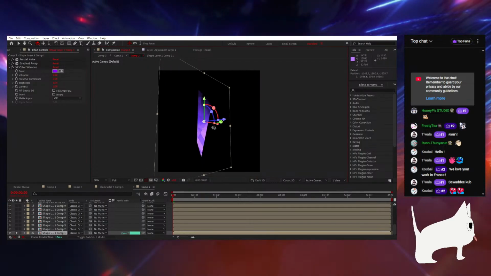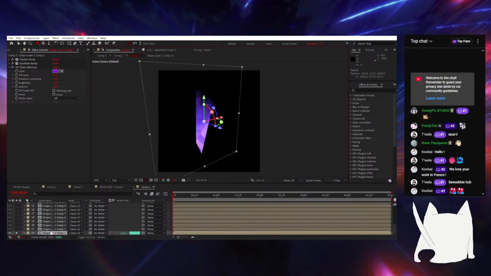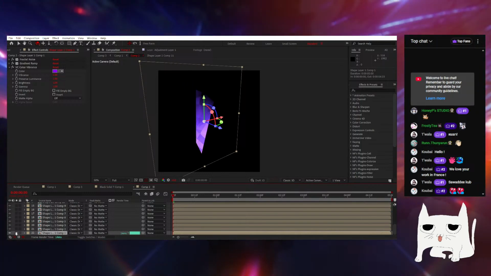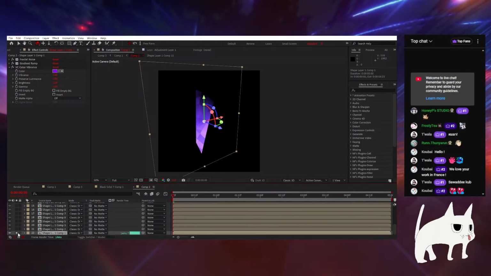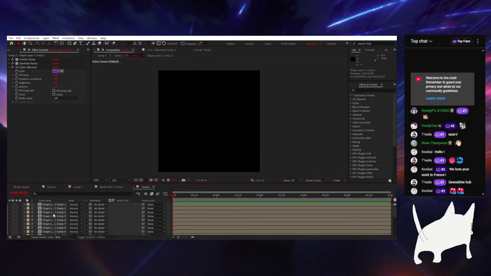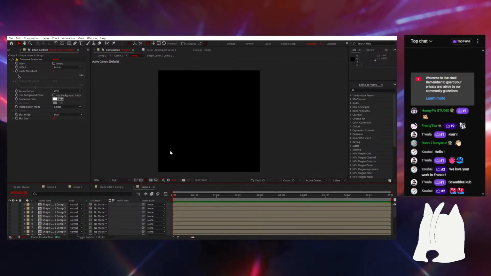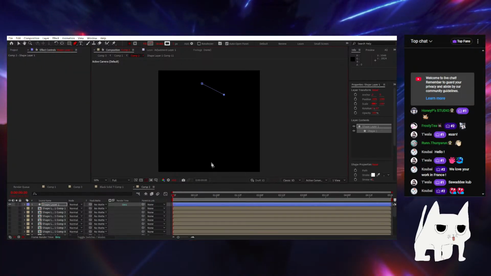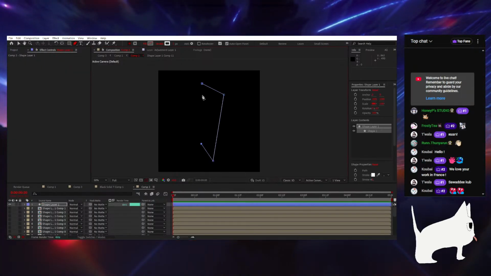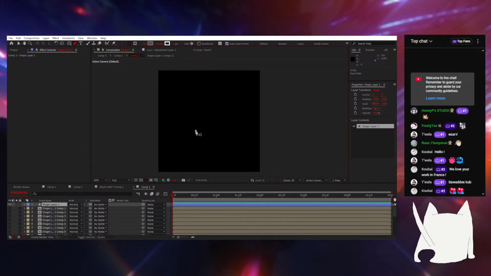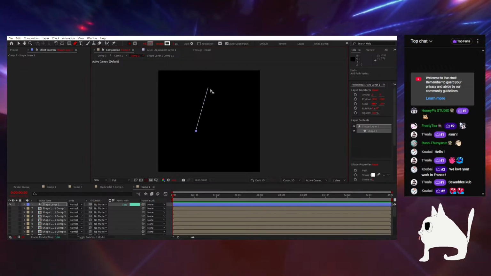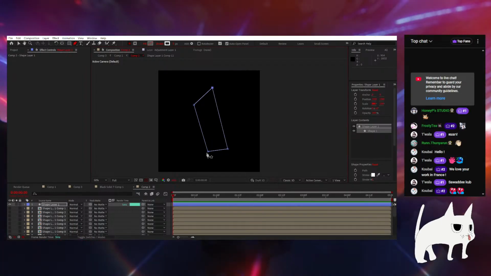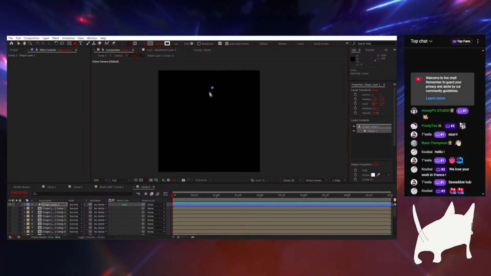For me, I start with this. This is the main shape, and I made a pre-comp, but the thing that I use is the shape layer. So let me demonstrate how I would do this. First, I just use the pen tool and draw any shapes that you want. It could be a triangle, a rectangle, a rhombus maybe. But try to make it